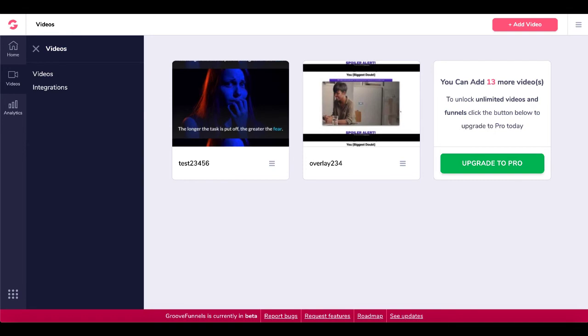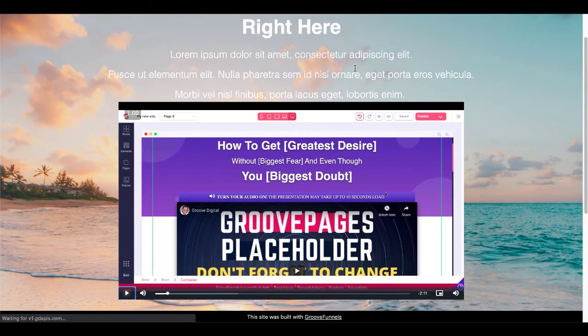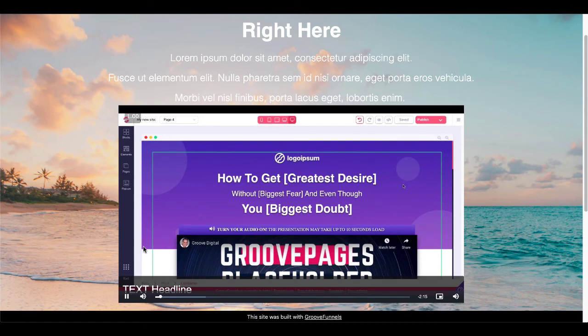Go back to our simple landing page again. We will go ahead and refresh this page right there. The page will refresh. Now here you're going to see our text headline, our call to action. It's going to be down here at the bottom. Pause that. You can see it there. There does seem to be an issue. It's not clickable, as we made it clickable, or we put a call to action headline, but it doesn't appear